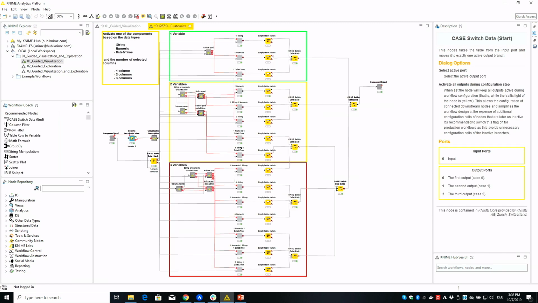So this is now the component that generates the view at the end, the line plot in this case. Yeah, it looks really complicated. So here you see quite many nested components. But at the beginning, you could have selected 1, 2, or 3 columns to visualize. And each of them could have been of type string, numeric, or date and time. Of course, there are then many possible combinations of these. And there you have, for each possible combination, a component that generates a view that shows the most relevant graphs